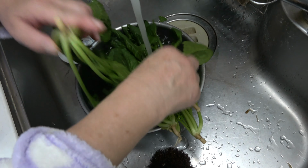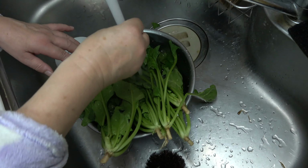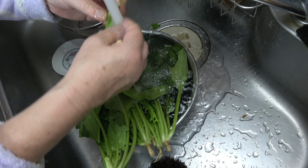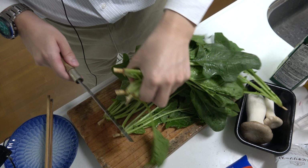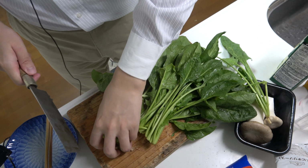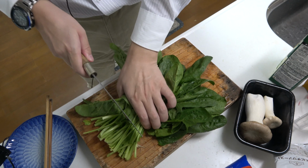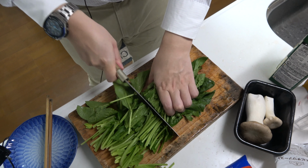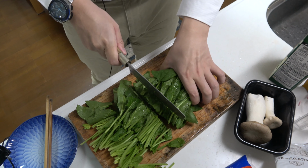Okay, so just rinse spinach with cold water. Yeah, clean spinach. So I just cut